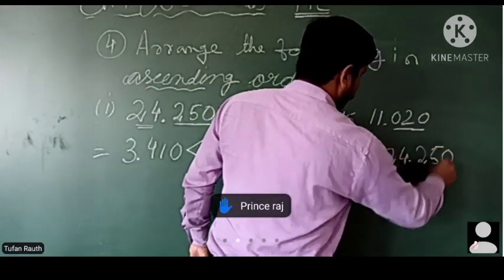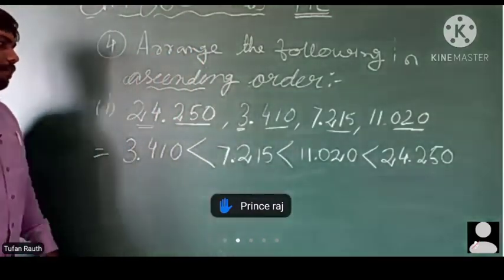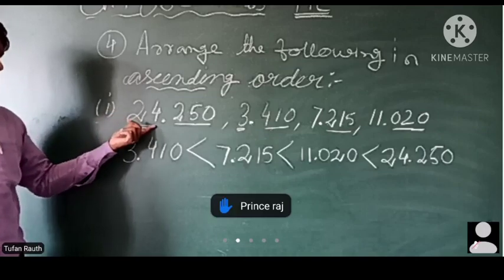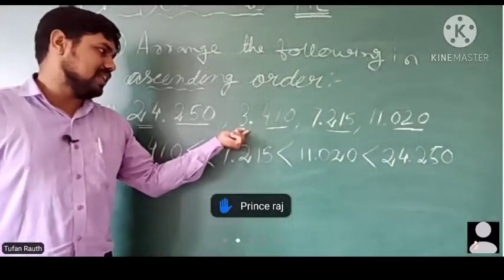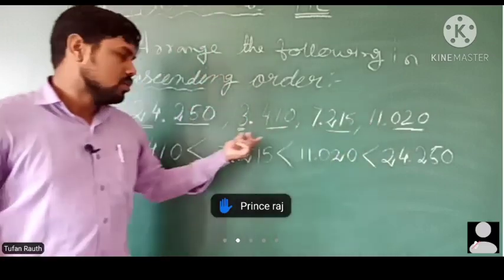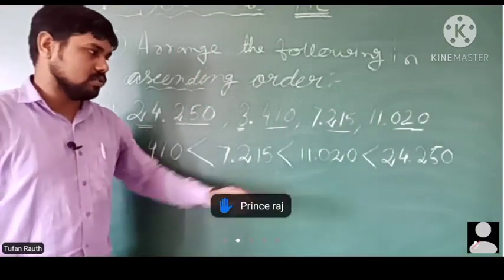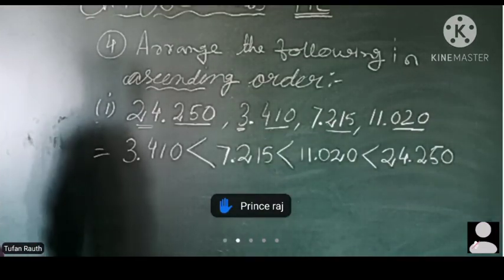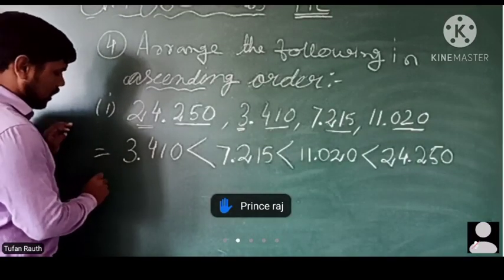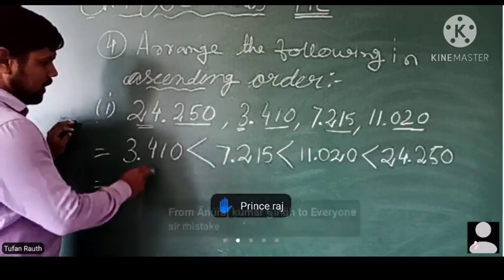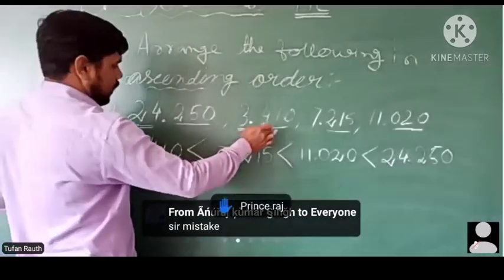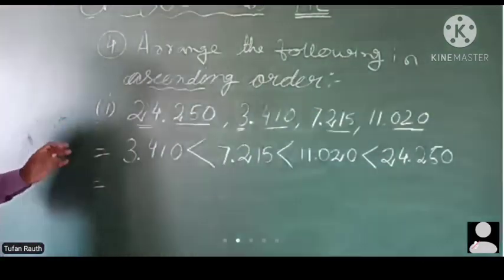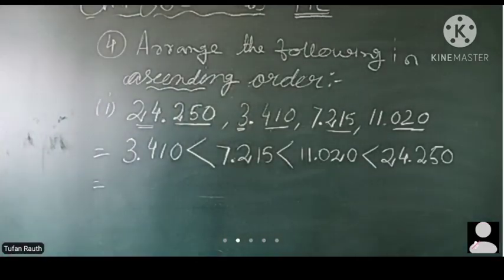So most important thing is not only the number after decimal, नंबर जो decimal से पहले है वो matter करता है. ठीक है, तो यहाँ पे 24 है, यहाँ पे 3 है, यहाँ पे 7 है, यहाँ पे 11 है. So according to that you can arrange this. So greatest number will be 24 decimal 250. Okay, and if you now again wanted to write like the previous one you can write like this, because हम लोग ने यहाँ पे एक जीरो add किया था और वहां पे एक जीरो add किया था. So उसको आप फिर बाद में remove करके उसके accordingly arrange कर सकते हो.